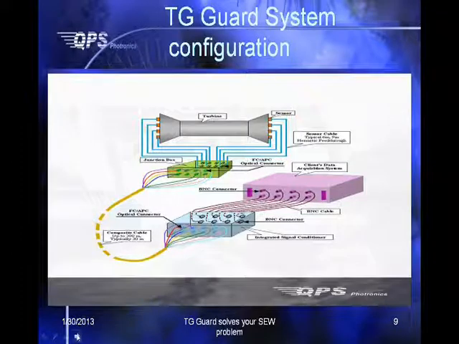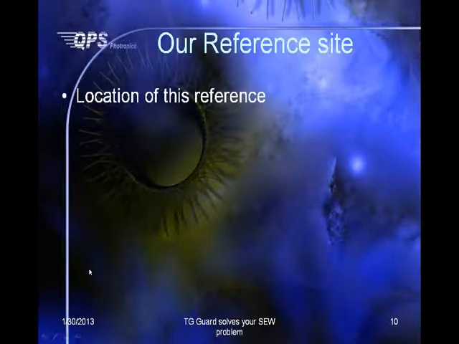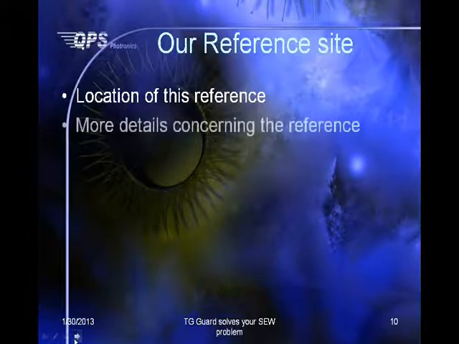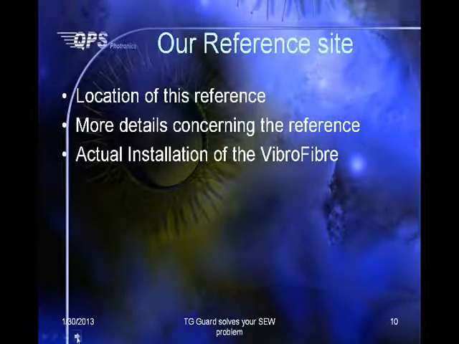So it is better to get some time domain signal just to confirm that you are getting the right thing. Now we are ready to talk about the reference site. We will go through the location of this reference, the generator, who makes it, and the size of the generator. And then we'll go through the most difficult part,